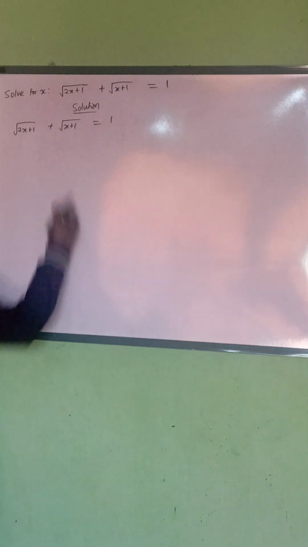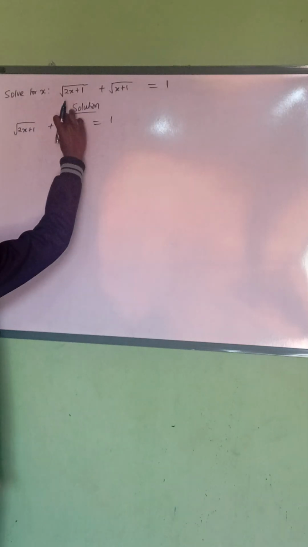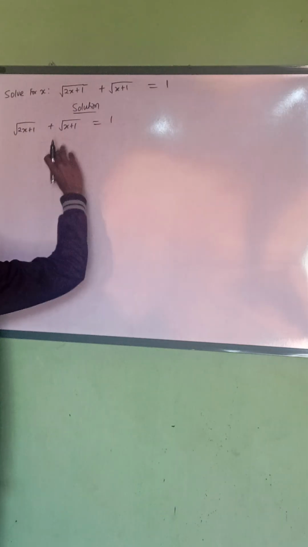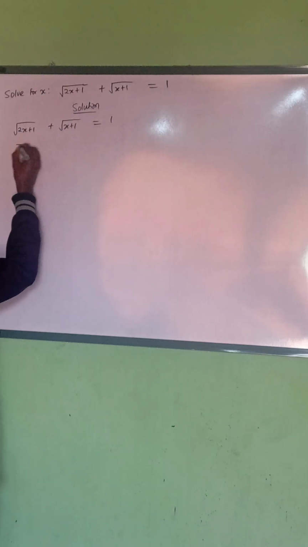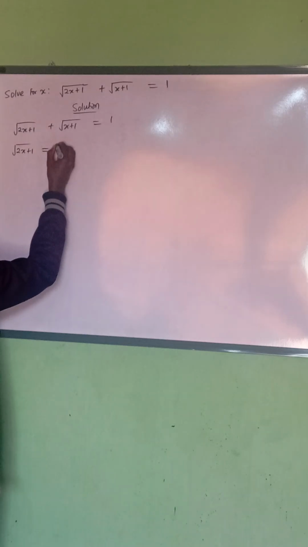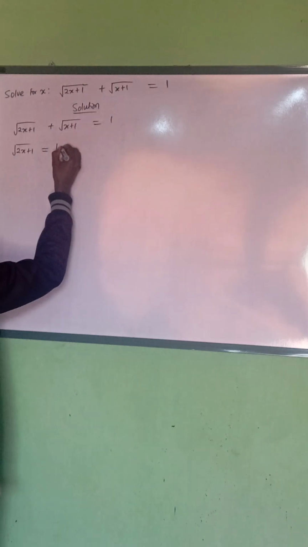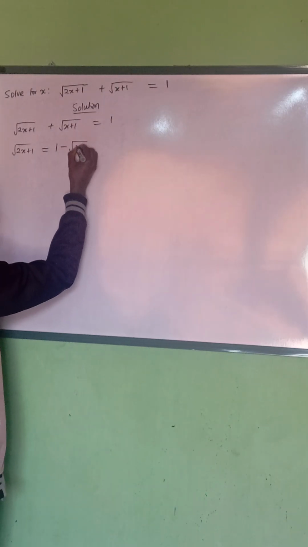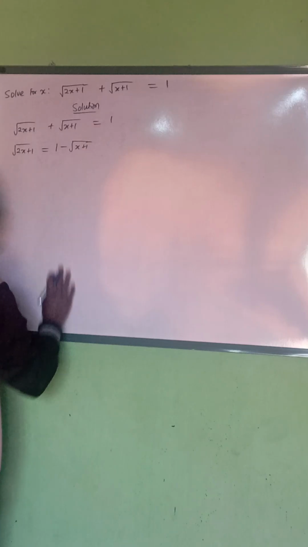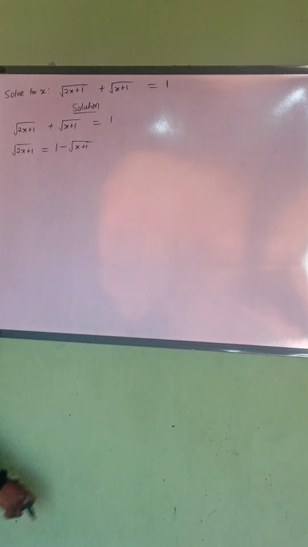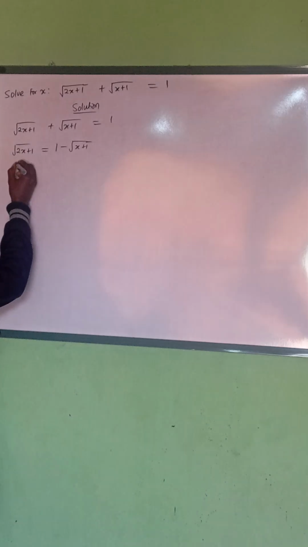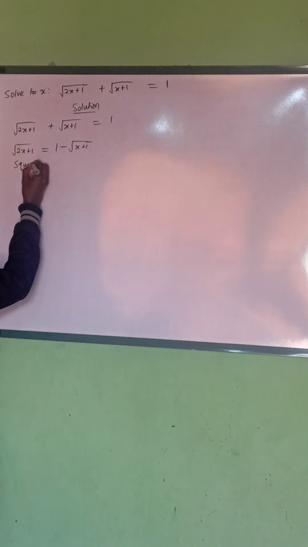1. Now, let's move one of these radical expressions to the right hand side. Let's move this root x plus 1 to the right hand side so that we can have it as root 2x plus 1 equal to 1. If this one comes, it becomes minus root x plus 1. Now, we have roots. The only way to cancel root is that we introduce square to both sides. Now, square both sides